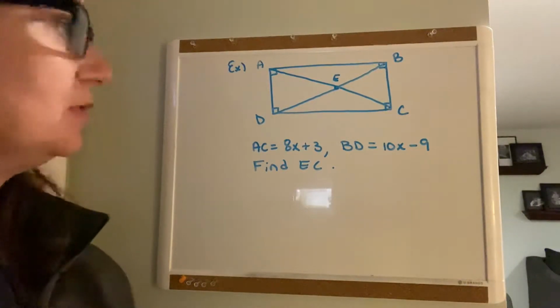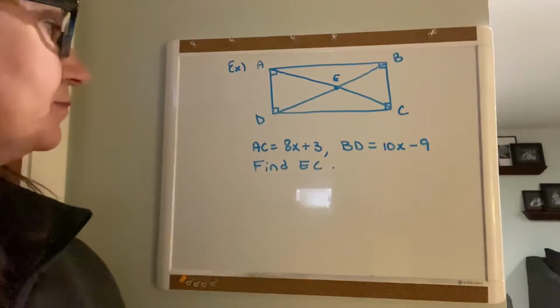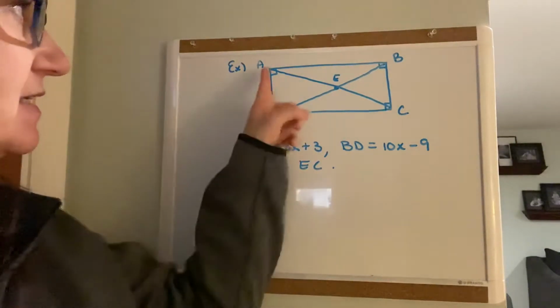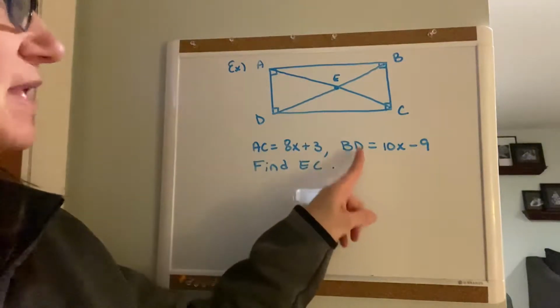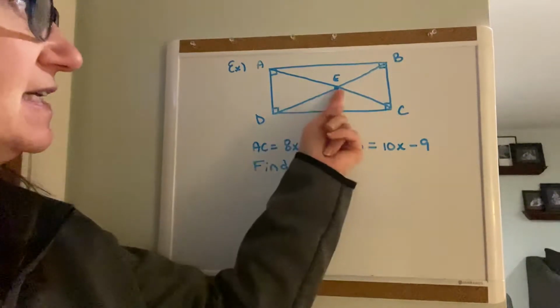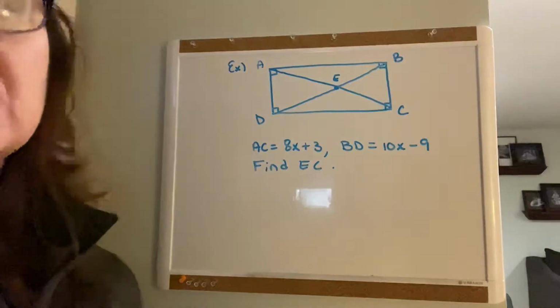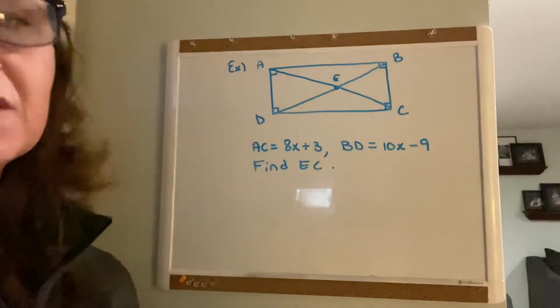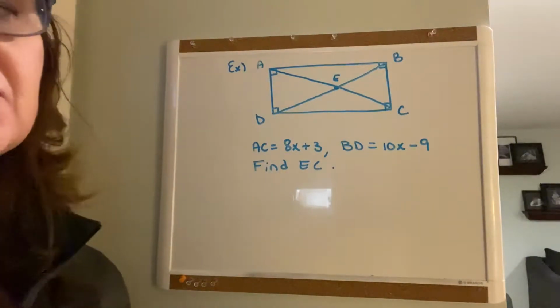Okay, last example. So for this quadrilateral, I tell you that AC, this whole diagonal right here, is 8x plus 3. BD, this whole diagonal right here, is 10x minus 9, and I need you to find EC, this length right here. So again, the very first thing you always do, always, first and foremost, is identify which specific quadrilateral